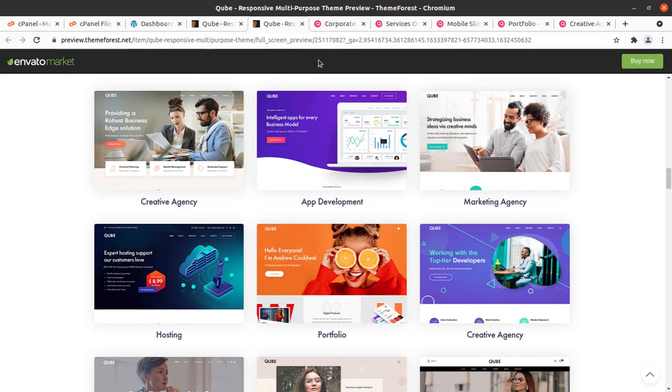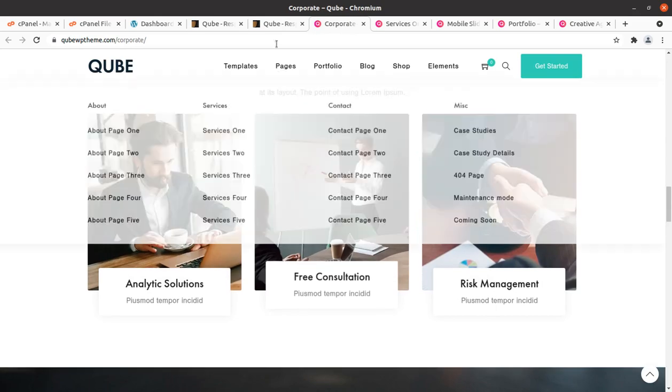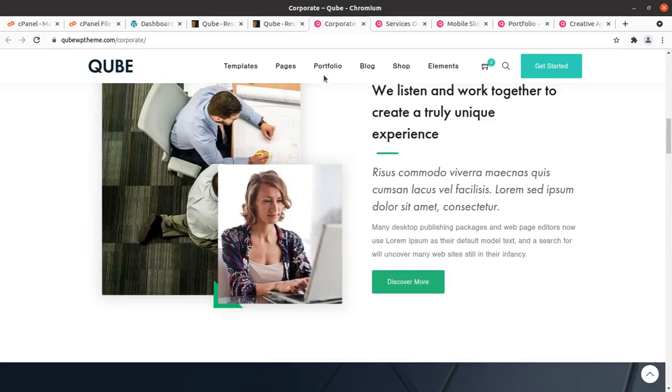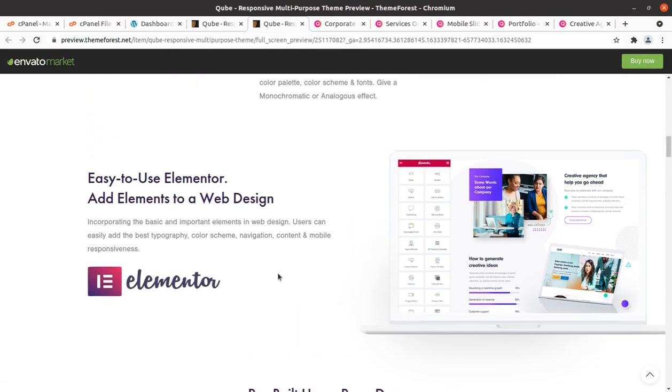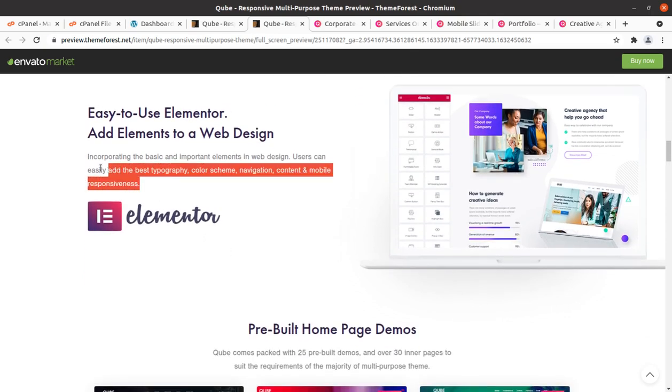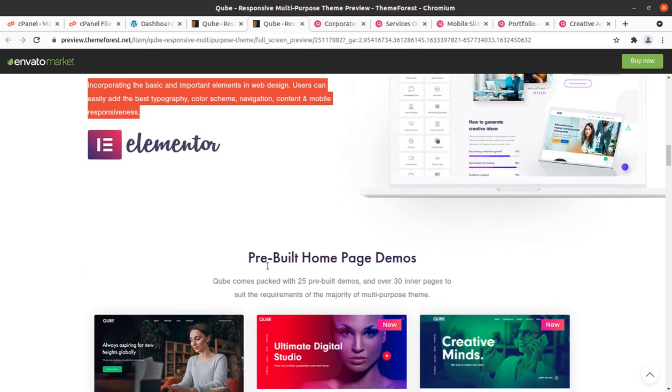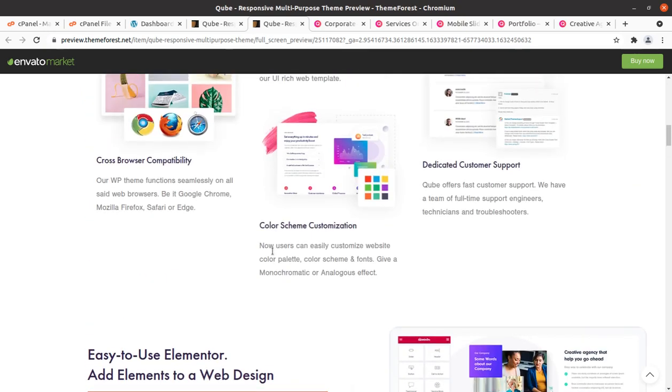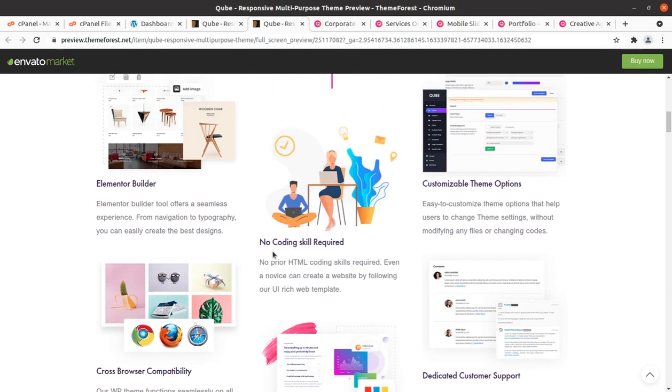And now if we talk more about Cube, Cube uses Elementor as the page builder. So this is the latest trend of using Elementor, and it works very fine on the website. Of course, no coding skill is required. I mean, if you don't have any technical knowledge about development and HTML CSS, you can develop your website easily on your own.